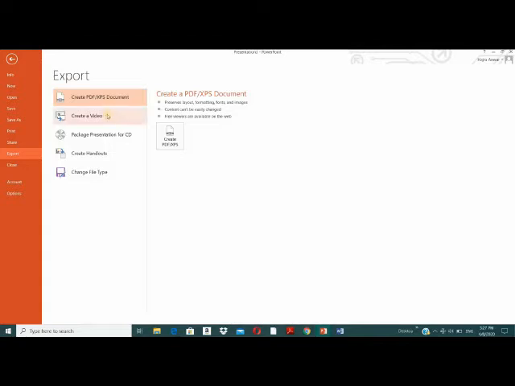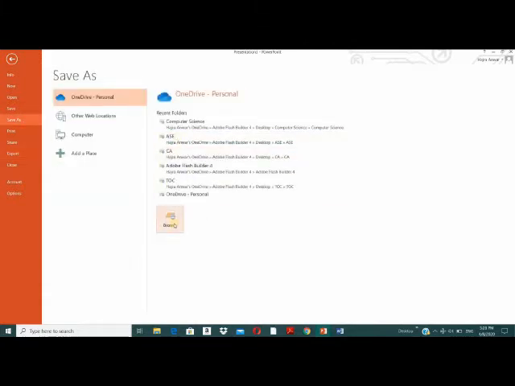If you want to create a video, whether you save as or create a PDF or create a video, your original file will be there. Only the copy file will be created as a PDF or a video, or in case you want to click on save as and create another copy of your PowerPoint presentation. You can select from here directly any folder that you want to save your PowerPoint, or you can just click on browse